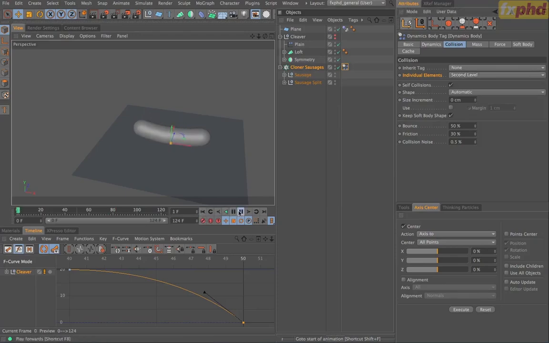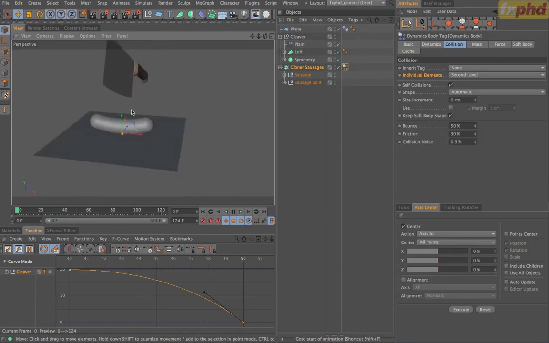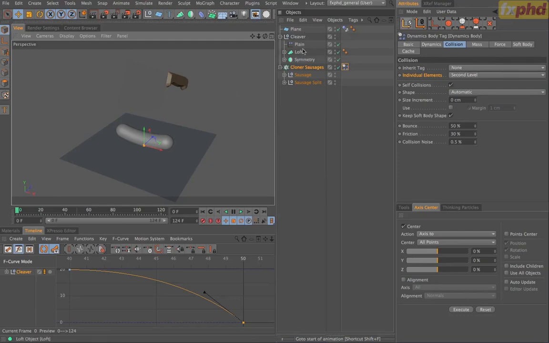Now let's rewind, press play, and there you go, and they're actually now rolling in different directions. So the two pieces are becoming independent dynamic objects. Let's just add our cleaver back in, and there we go. So quite comical, but you can imagine that that could be used in many, many different ways. This is just a simple example to show you the technique of using that effector to drive which clone is